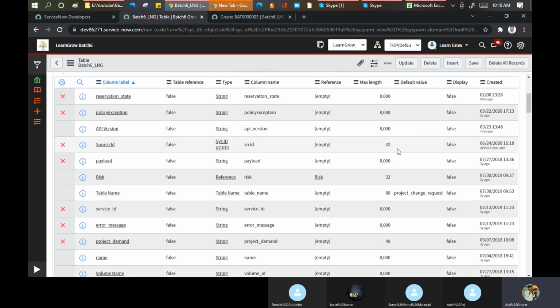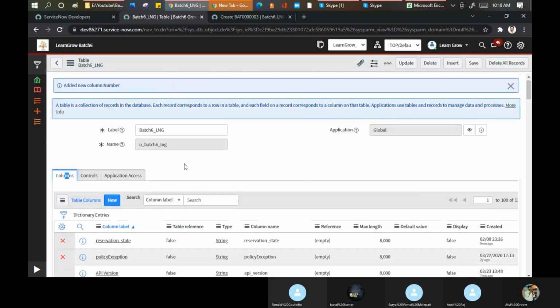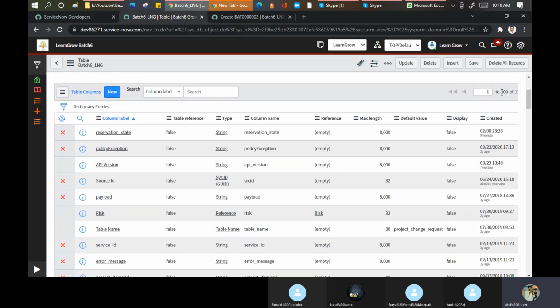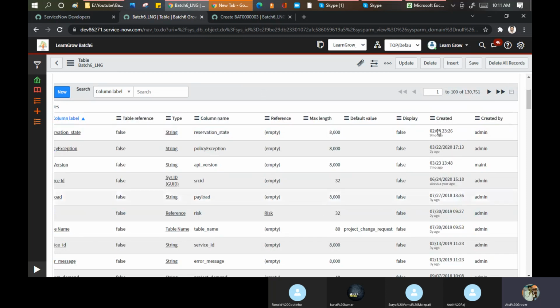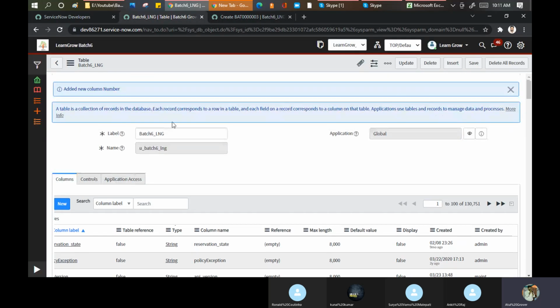See, it's created a lot of things here, because the default columns will be created like this only, because I have a lot of plugins activated. But there is nothing to be worried about on our side. Let's consider that this has been created by ServiceNow because I did not extend my table from any other table. That is the first point.